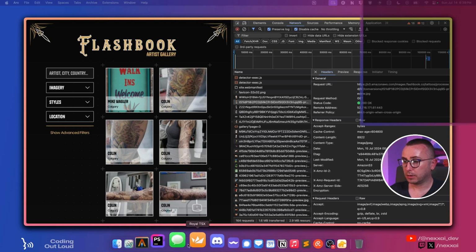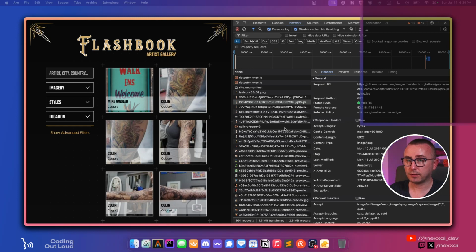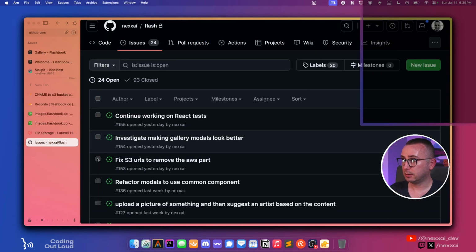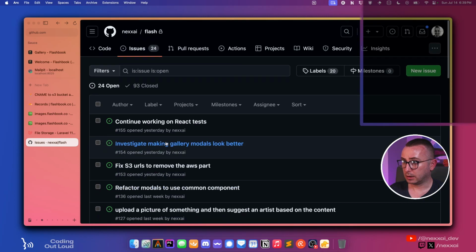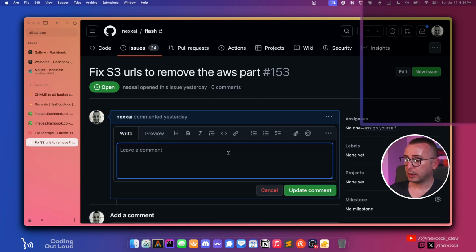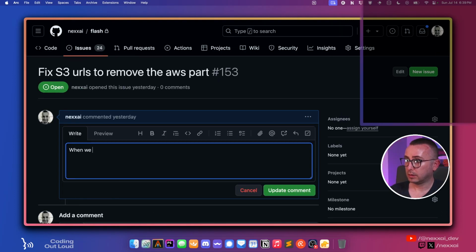So at least the photos work now. I will worry about the S3 stuff later, when I have more chance to dig in and figure out why it's being upgraded automatically, even though we don't want it. So for now we will skip that issue. I'm going to edit this comment so we have some context. So when we added the AWS URL equals http images.flashbook.co to the site's env file,